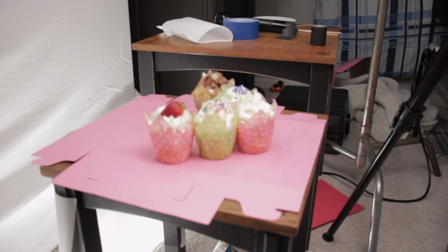Not only were we limited by the choice of cupcakes we had, but I don't have any colorful backgrounds in my house. If I could have gone out and easily bought some colorful cardstock, I would have done that. But I had to deal with what I had lying around my house, so I ended up hanging a white sheet and using the pink box that the cupcakes came with as the floor. We ended up with some fairly clean photos, and as far as the video, I did a stop motion style